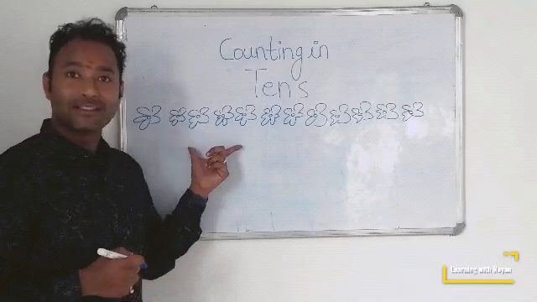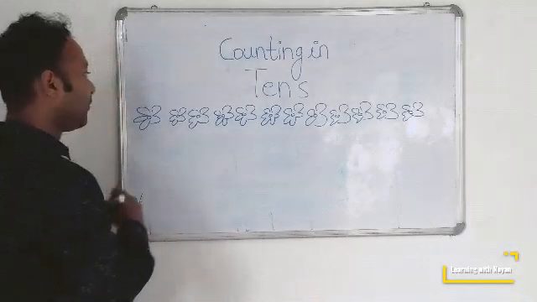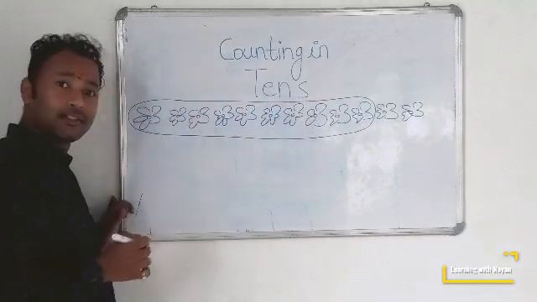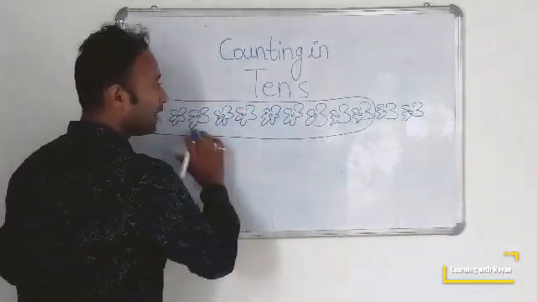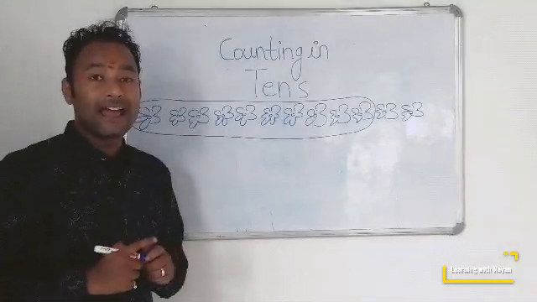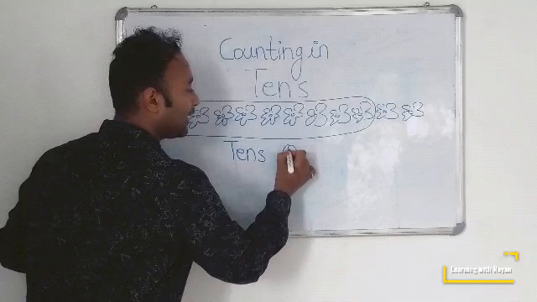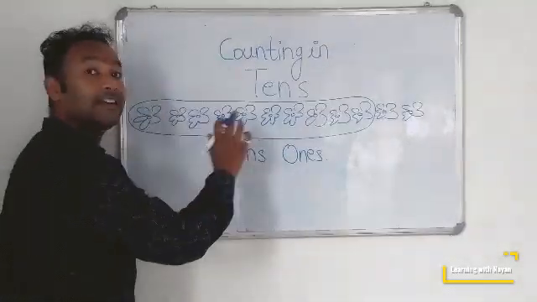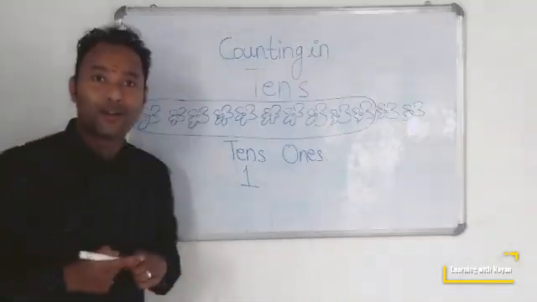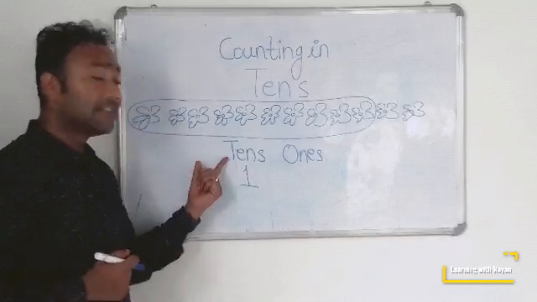Now can you say that yes, you have 10 flowers on the board? Yes. So we will make a bundle of 10 flowers. Understood students? So here is a bundle of 10 flowers, and a bundle of 10 we count as 1 in the tens position, and there is another position, that is ones. In the tens position, what will you write? You will write only 1. Why? Because a bundle of 10 is considered as 1 in the tens position.